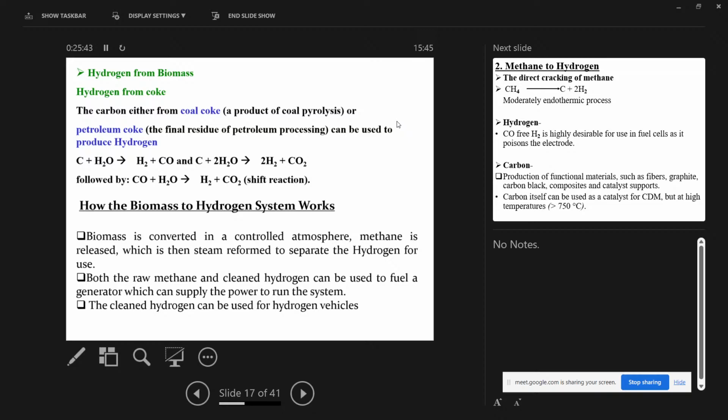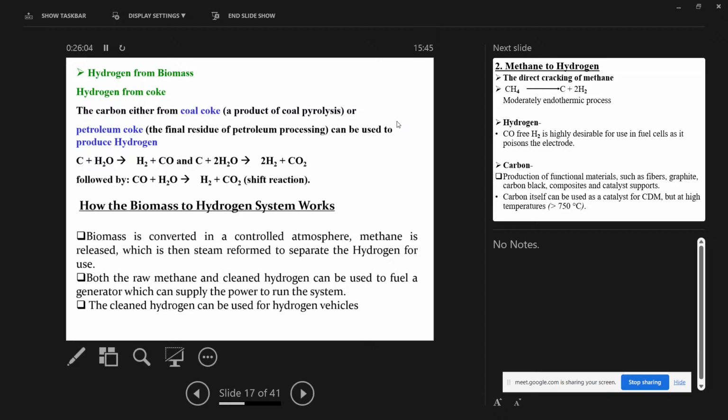But the main problem with this, if you see both the reactions carefully, you will find that in both the processes we will have emissions of CO and CO2, which is the main issue that we try to avoid when going for renewable energy methods. Both of these processes emit a large amount of CO and CO2, which must be reduced.